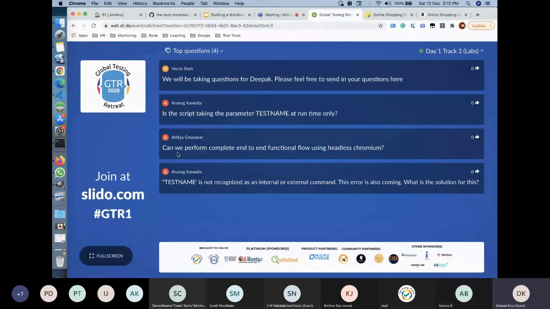Can we perform complete end-to-end functional test? Yes, we can, but it will not give you the browser coverage which your customers would expect. Then they'll keep hitting you with, I'm unable to open this in Firefox version this and this, and then you'll have to download that Firefox version or backport your current version, or face a ton of issues with Internet Explorer 11 or Microsoft Edge.